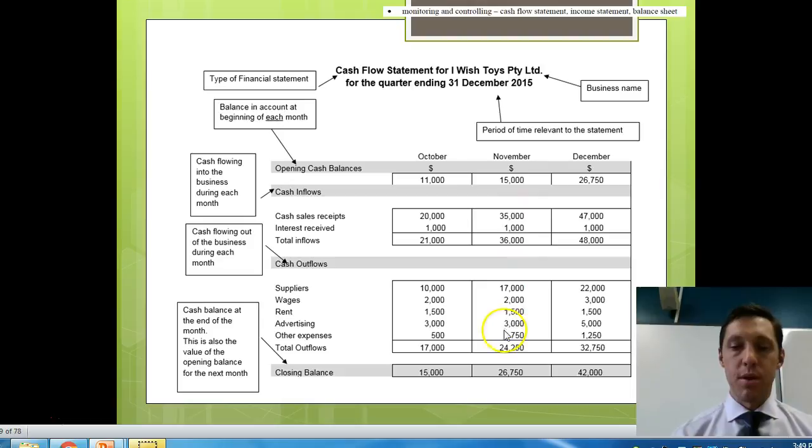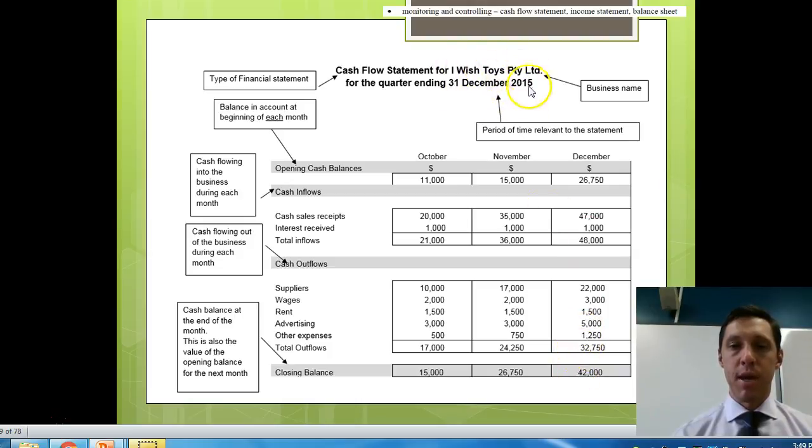But then they also had some outflows. $24,250 was paid in outflows, which means, again, the opening cash balance plus their inflows, less their outflows, means at the end of November they had $26,750 in cash. Okay, and we do the same for December. The closing cash balance of November becomes the opening cash balance for December. Add the opening cash balance to these inflows, less our outflows,